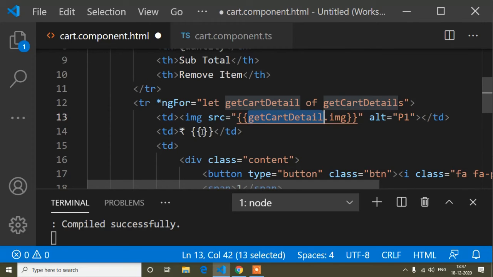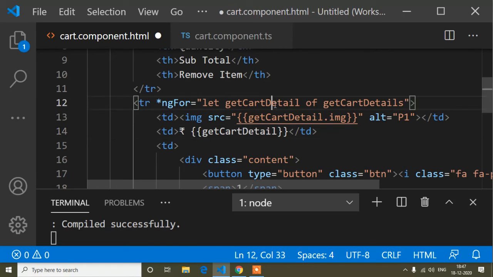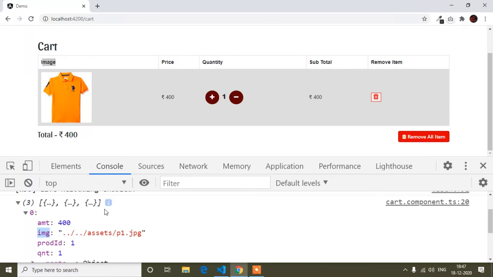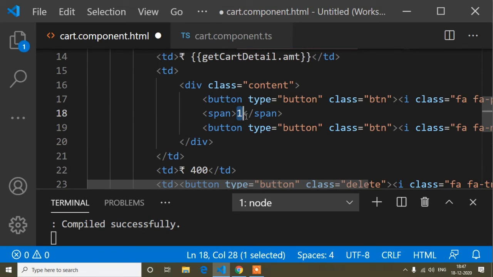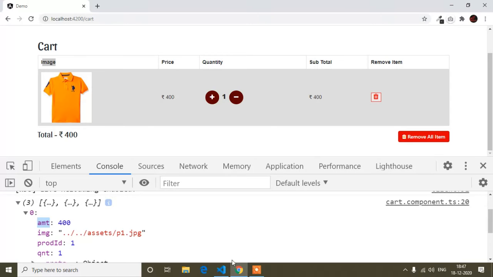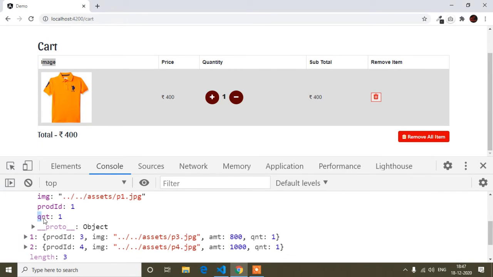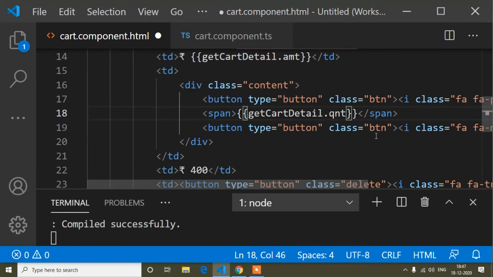So again I will bind the rupees. From here I will copy this variable, because now I'm getting all the values in this variable. So this variable dot rupees is coming from this amount variable. Okay, so amount. And in the same way I will bind the quantity. So curly braces, I'll copy this variable once, dot, and this quantity is coming from this variable. So here you can see.